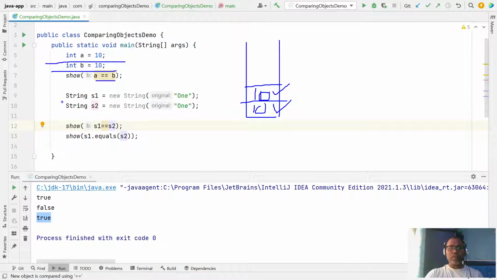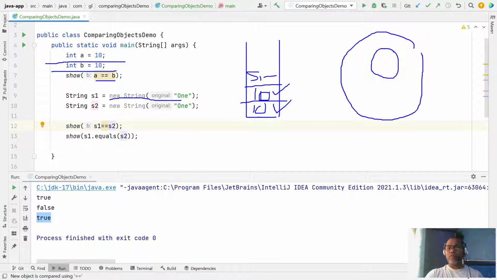But in the case of your string s1, the reference s1 is stored here, but a new memory object is allocated. In heap memory a new object is created and s1 references this object. Again, you are creating another new string object, so s2 is created, and s2 also creates a new memory object in the heap and refers to that.